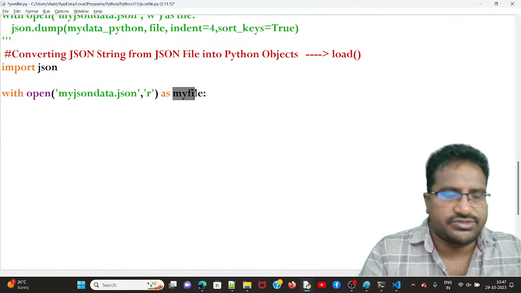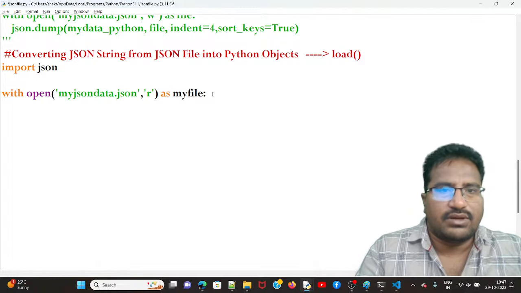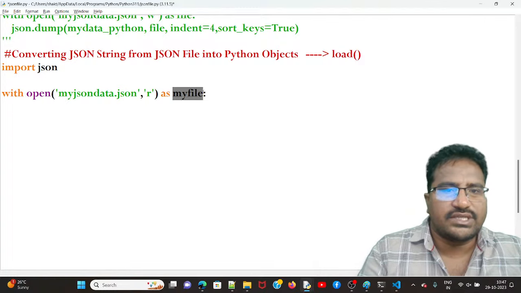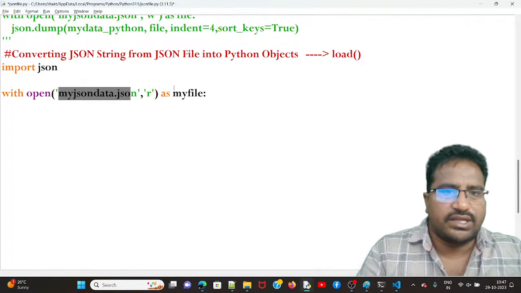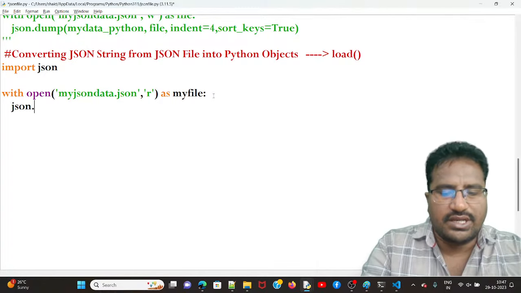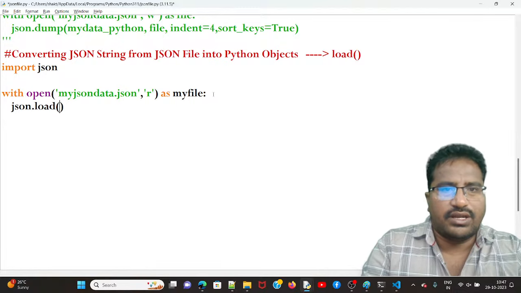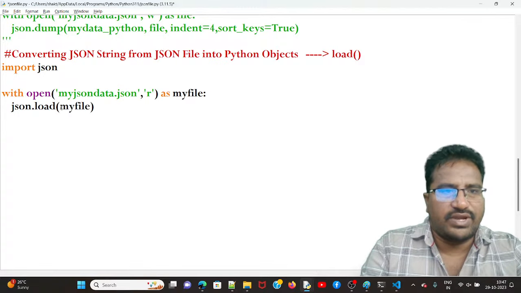Now in my file, the data is written. From there I want to read. Then json dot, which function do we use? load, and loading data from my file into